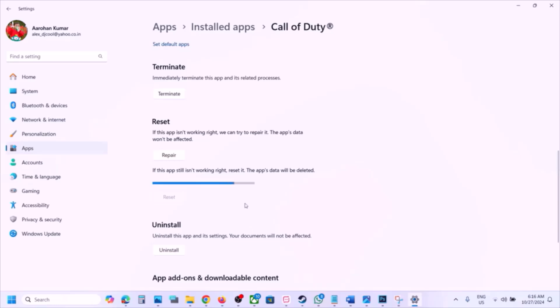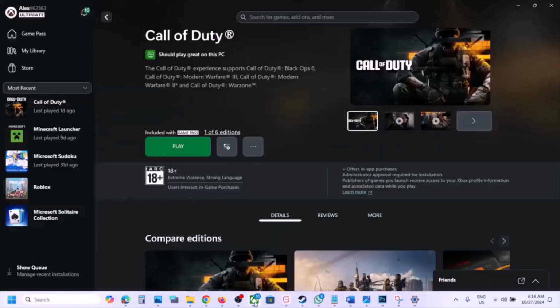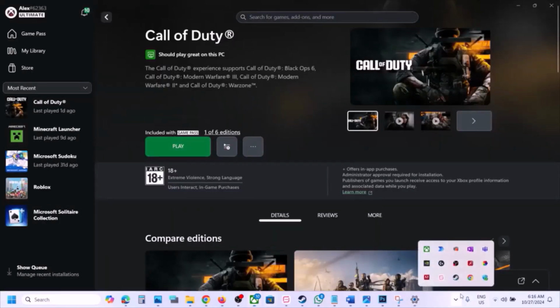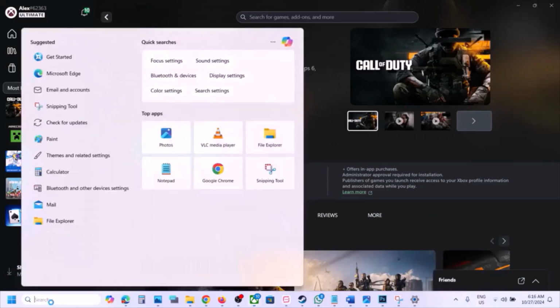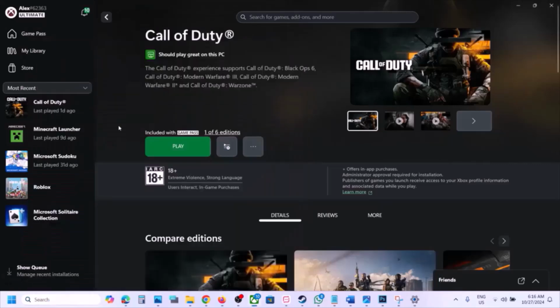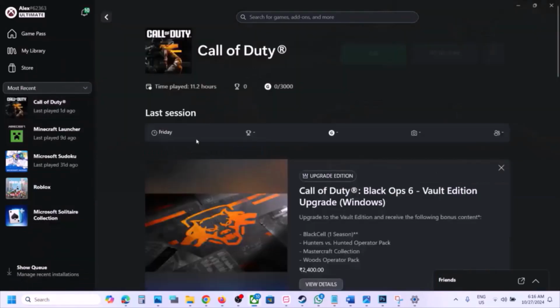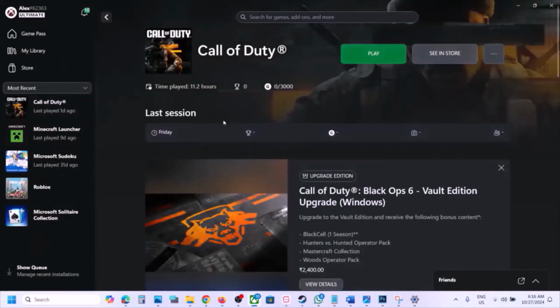Once the game is reset, you might see the install button on Xbox app. So once the reset is done, you might see install button. In that case, you can close Xbox app, you can quit Xbox app, and then you can open Xbox app once again, and then you should be able to see the play option, and then you can launch the game